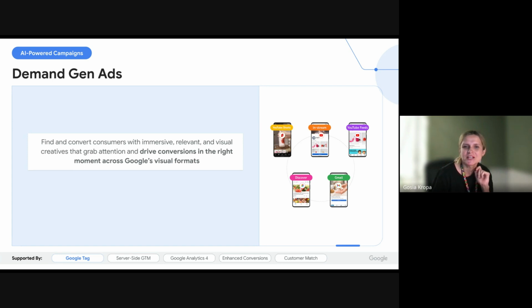So what's happening with demand gen? Well, as a consumer, as a user, I'm sending a lot of signals, and Google AI is able to identify my purchase intention within the interior design space. Here I am, a brand new consumer sitting firmly in the consideration part of the funnel. Let's say I'm looking at kitchen taps, and let's say your business is selling super innovative taps. That's a perfect match for a demand gen campaign with captivating visual assets. Your ad pops up on YouTube Shorts. I'm sold. I'm buying it.